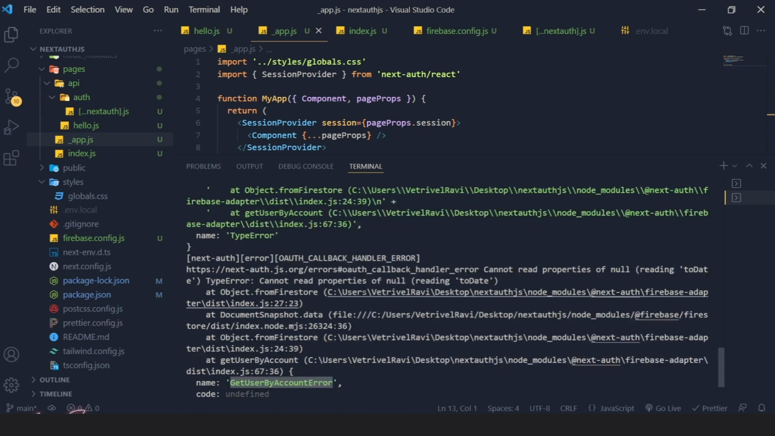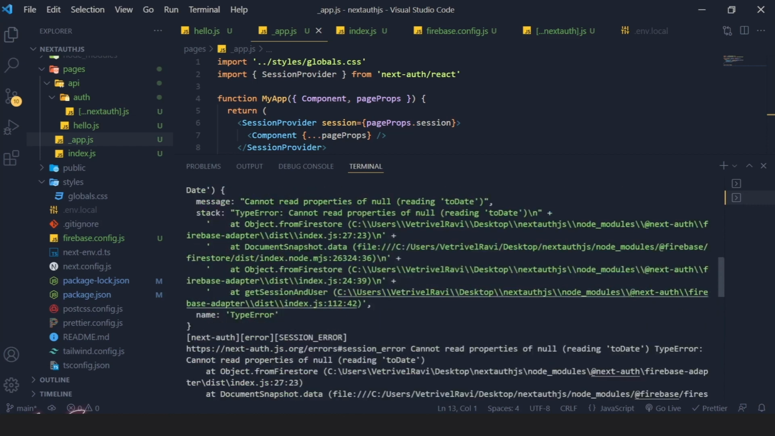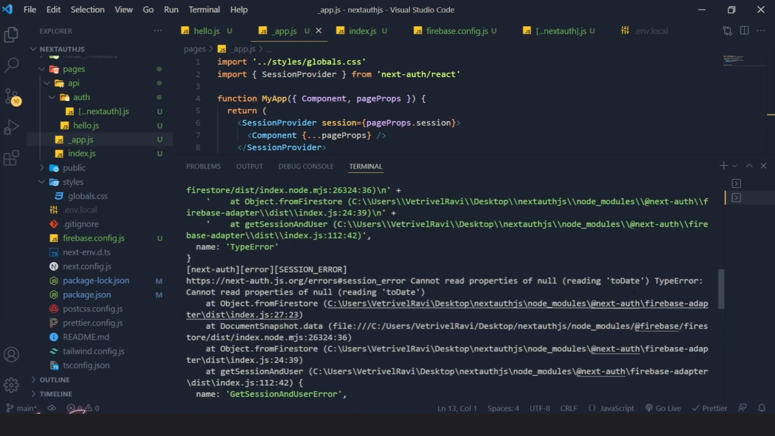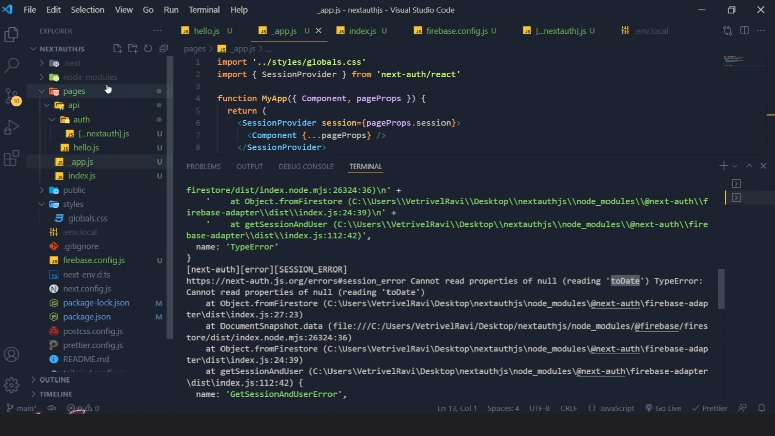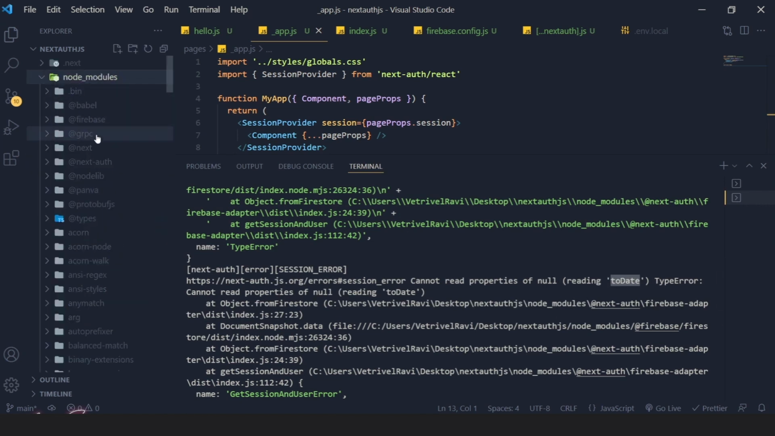This error is actually coming from our Firebase adapter, because initially it's getting the toDate over here. This toDate, it couldn't read this variable from the Firebase because it's null. So what you need to do is go back to the node modules, and over there you